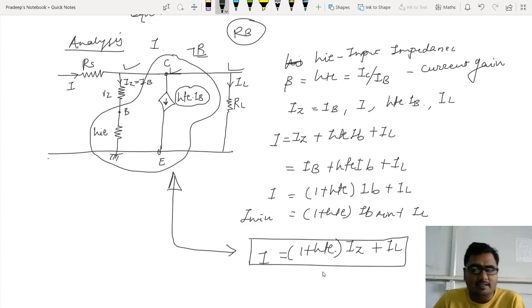That is the only important thing that I wanted to tell you, the equation of I. The equation of total current includes HFE. It means the total current which is coming from the input variation, that total current of the complete circuit, has the influence of the transistor parameter. If you change the transistor parameter, the total current in the circuit will change. That's the conclusion. So there is a small influence of the transistor's parameter on the total current in the circuit.